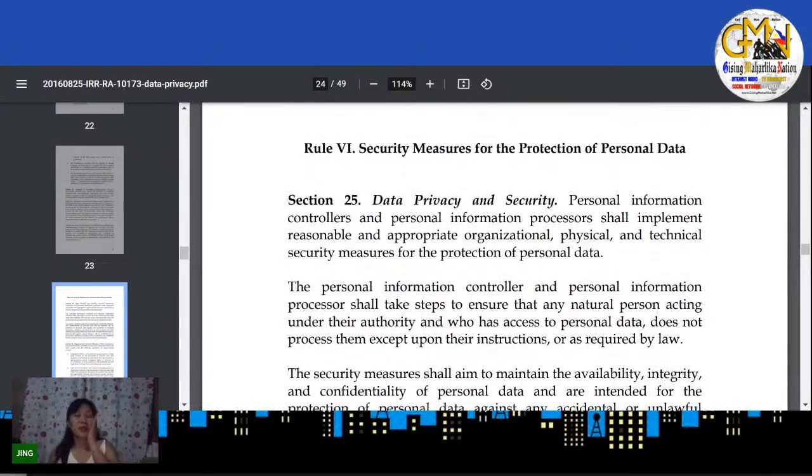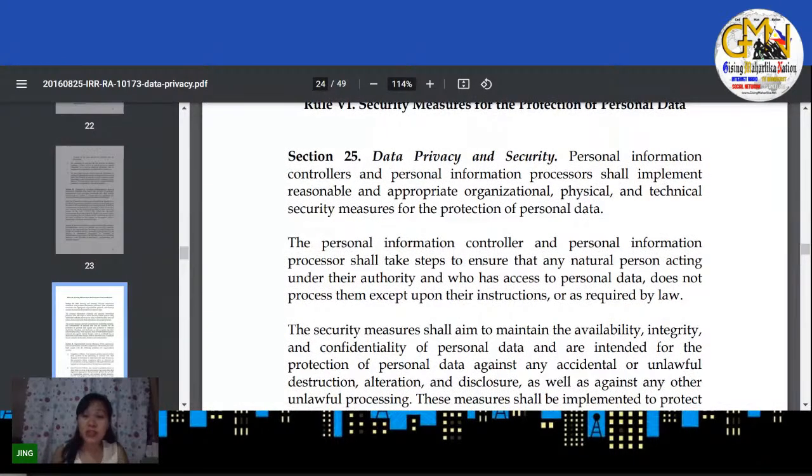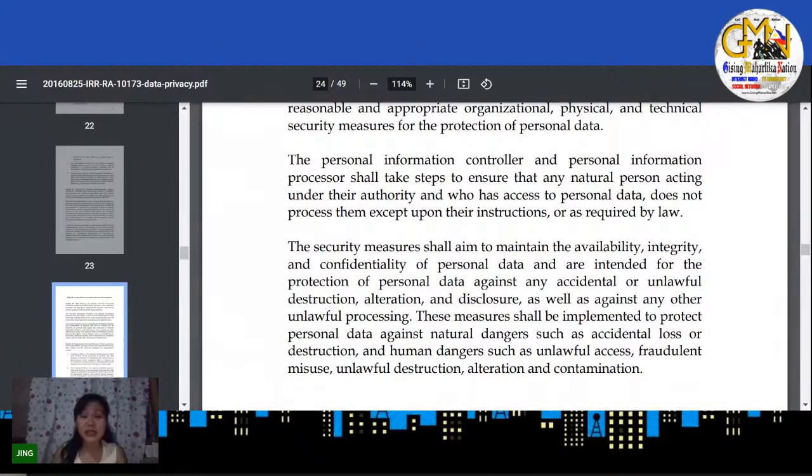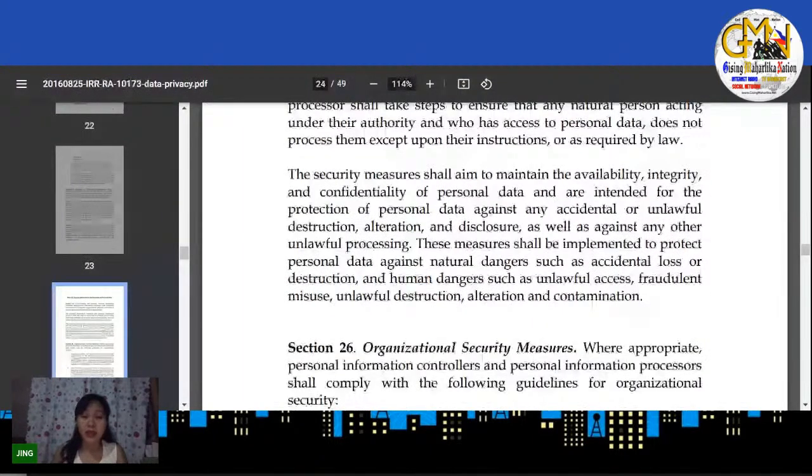Rule number 6. Security measures for the protection of personal data. Section 25. Data privacy and security. Personal information controllers and personal information processors shall implement reasonable and appropriate organizational, physical, and technical security measures for the protection of personal data. The personal information controller and personal information processor shall take steps to ensure that any natural persons acting under their authority who has access to personal data does not process them except upon their instructions or as required by law. The security measures shall aim to maintain the availability, integrity, and confidentiality of personal data and